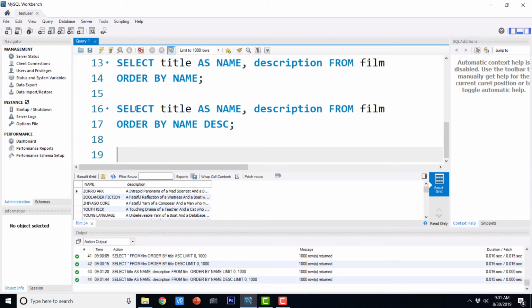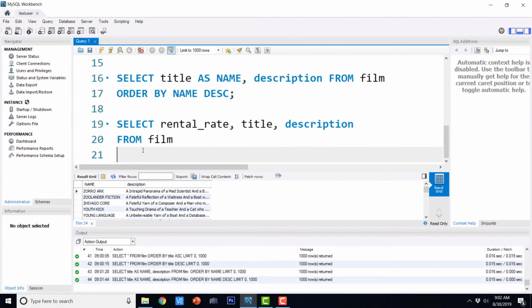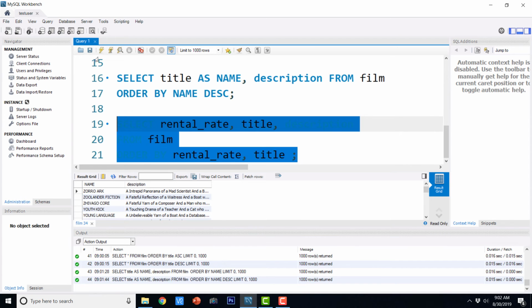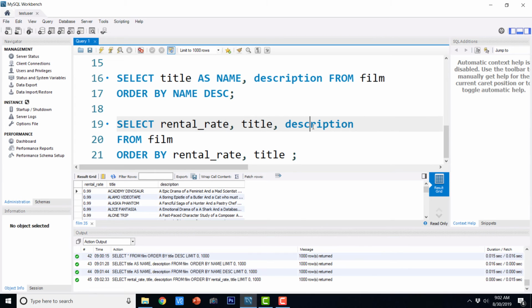So I'm just going to say select rental rate, title, comma, description from film, order by rental rate, title, and if I execute this, this is the output. This is the rental rate and title and description.